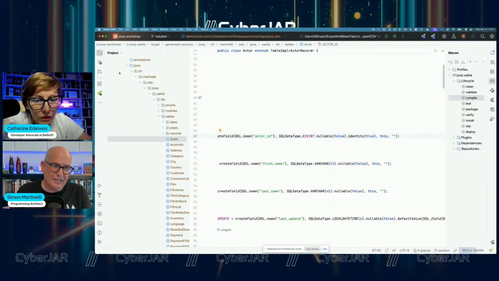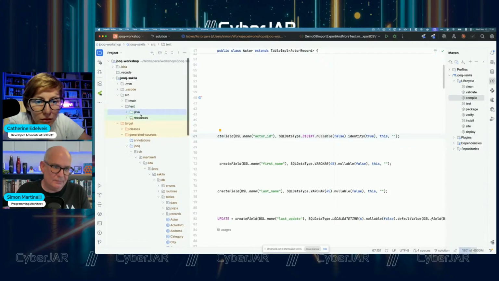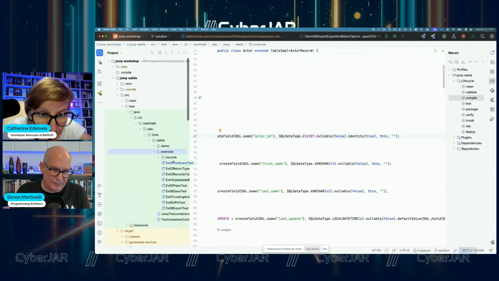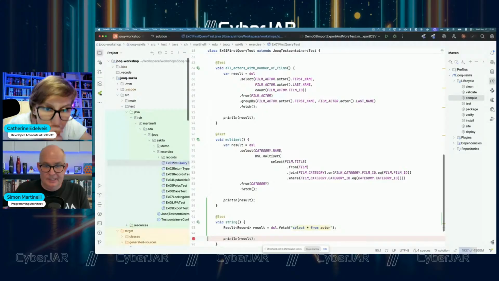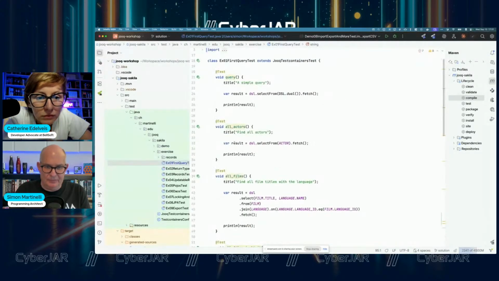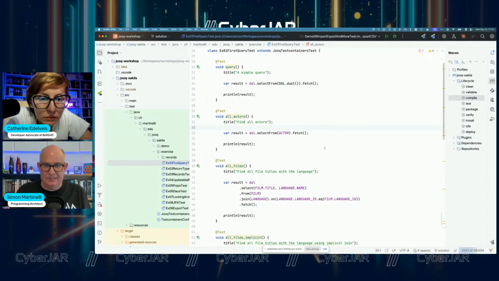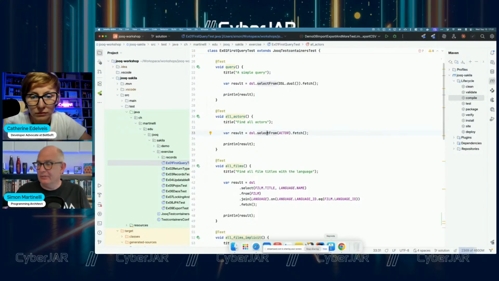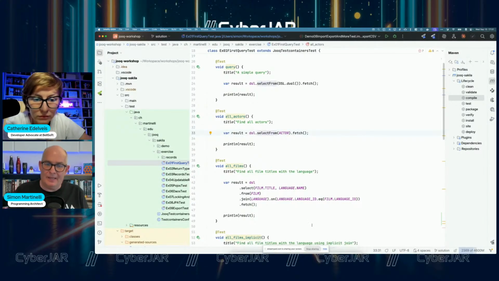And if we look at how we can use that, for example, let's take this one. Let's start with a very simple one. So for example, we could say, okay, give me all the data from the actor table, and there's a shortcut. You can just write select from actor and then fetch. That will execute the select of all columns from the actor table. And now, as you see, I'm using type inference, so I'm hiding what exactly the result type is.